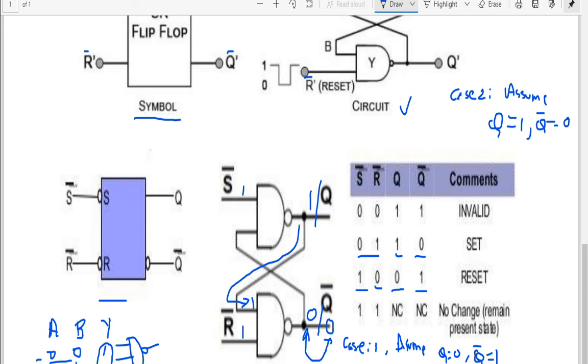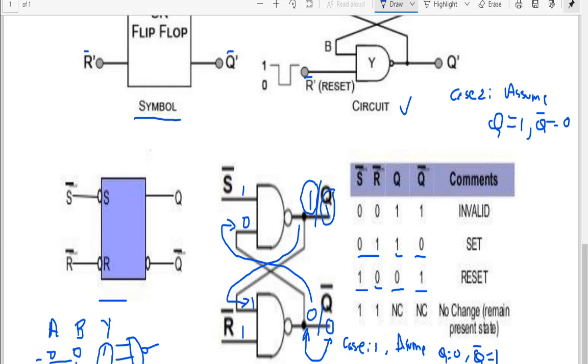Okay, now when this 0 is flowing as an input to the upper NAND gate, what is happening? The value of S bar is 1. The other input to this NAND gate is 0. So 1 0, it is going to be 1. So what was the previous state? The previous state was 1 and the next state is also 1. So whatever state we had assumed, that is the previous state was 1 and the next state we are getting is also 1.